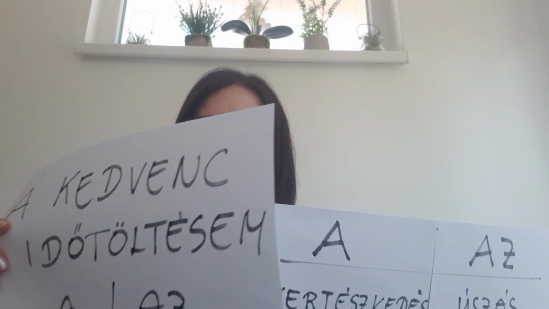Let's take an example. Imagine that your favorite activity is gardening. Kertészkedés is the phrase for gardening. The whole sentence looks like a kedvenc időtöltésem